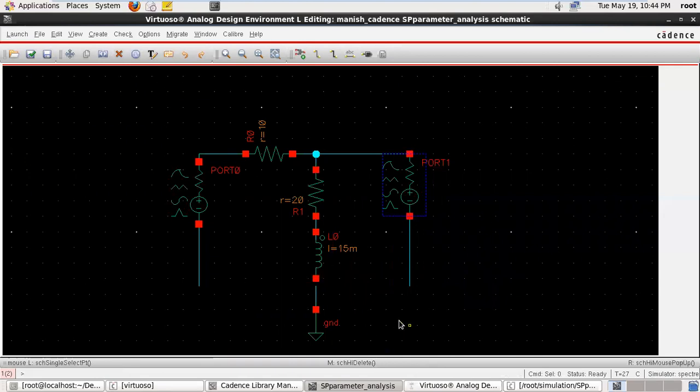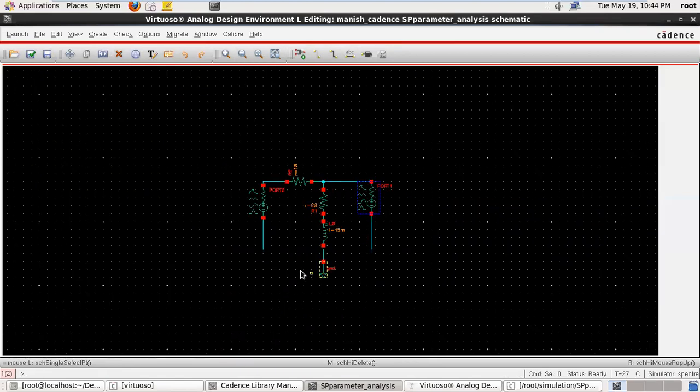The resistance is gone and we require some capacitive load. So just delete this; maybe you can take this. Just copy this and remove this.